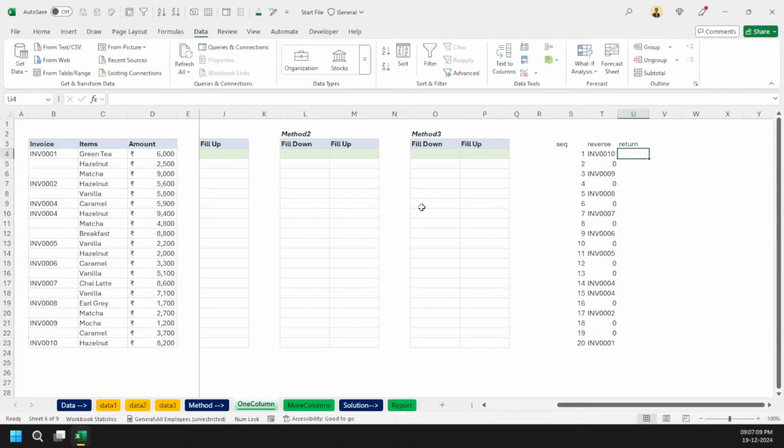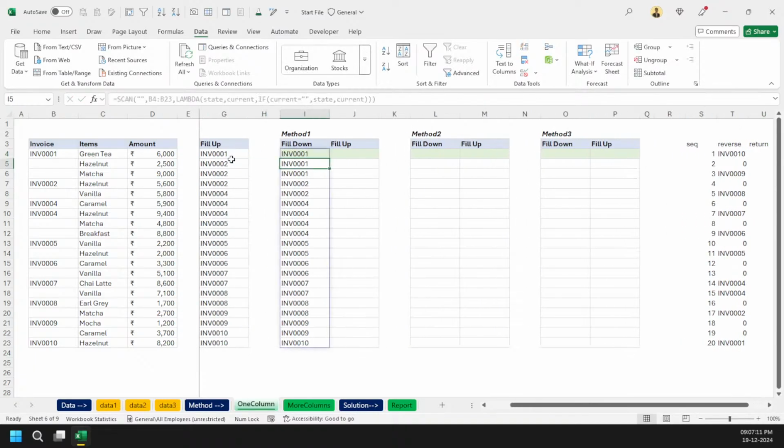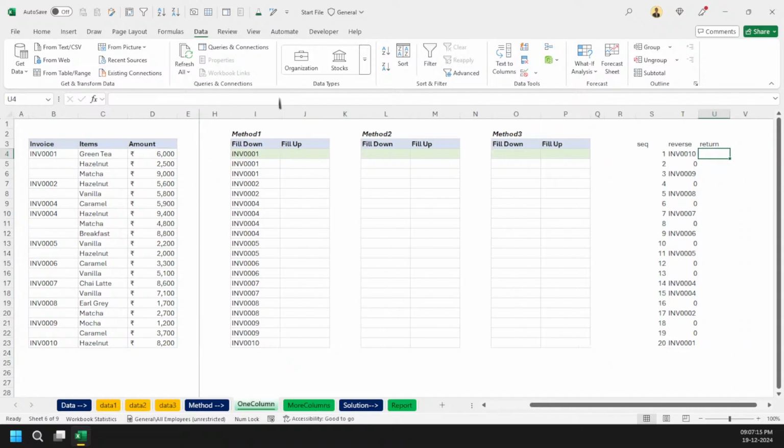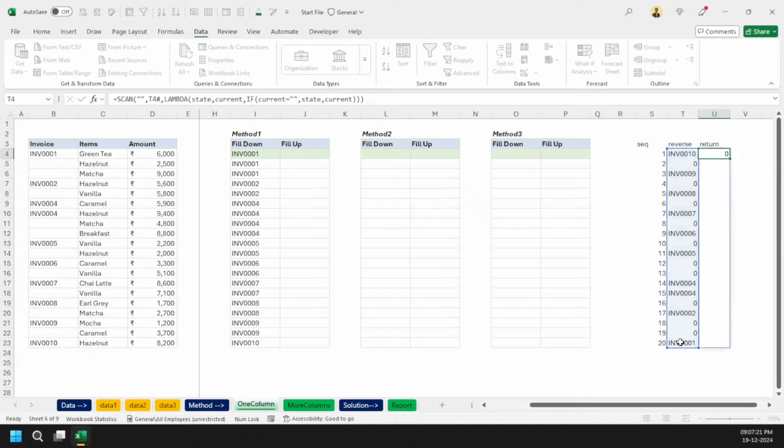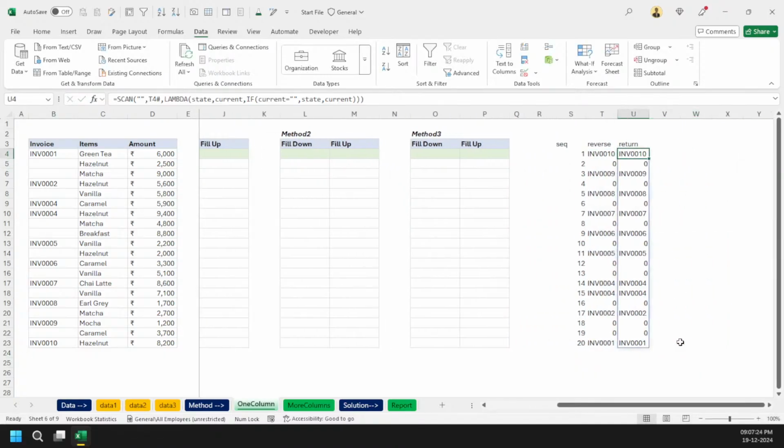So again I am going to use this function, what I've done here. I can copy paste and then simply make it this way, and you can see now it will not come. It will not come, we will see in a minute. So this is fill down, and then finally we are going to reverse the rows again.